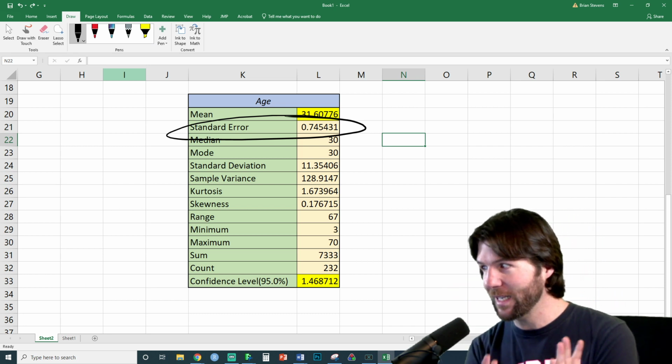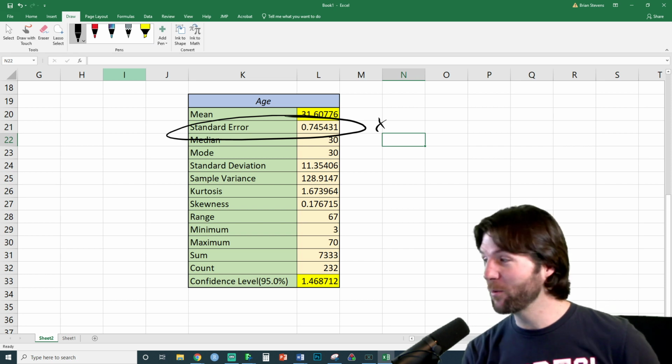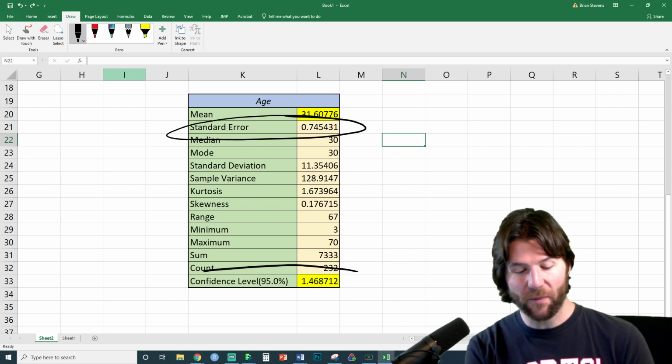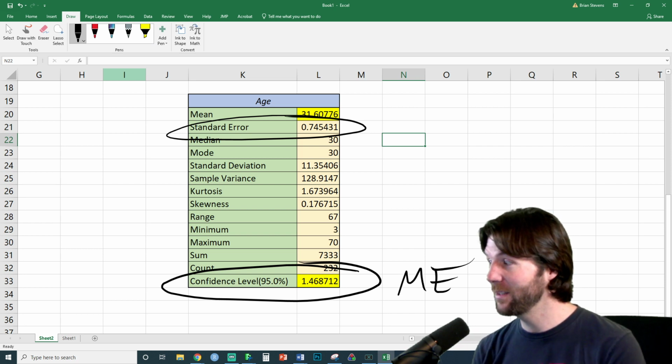But we don't have to estimate it. Do not multiply that by 2. I want to say this again: do not multiply this by 2. I was going to put a big X over it. Don't multiply that by 2 because they've already done the mathematics for you right here, because this is the margin of error. That is the margin of error.